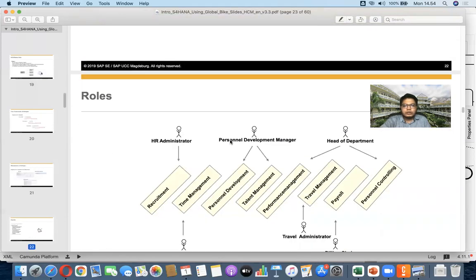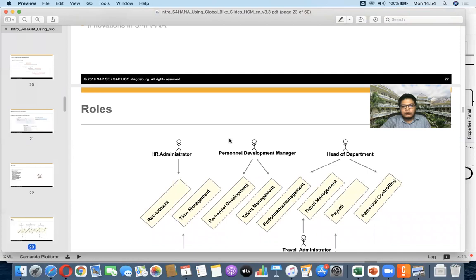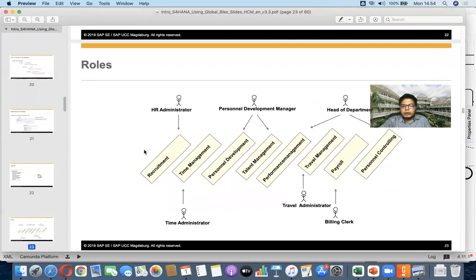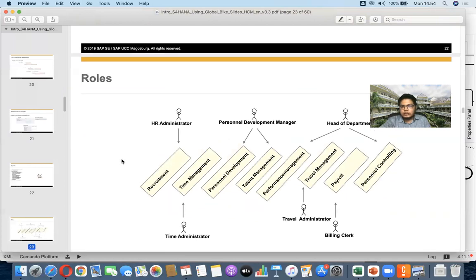Now about the process. There are several roles in human capital management, like HR administrator, personnel development manager, head of department. Why? Because HCM is a broad subject.